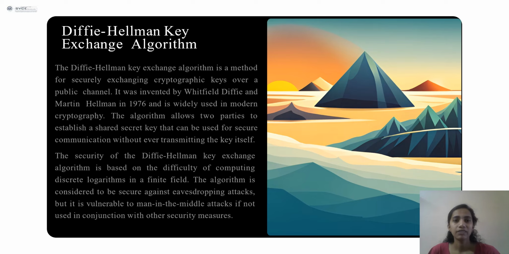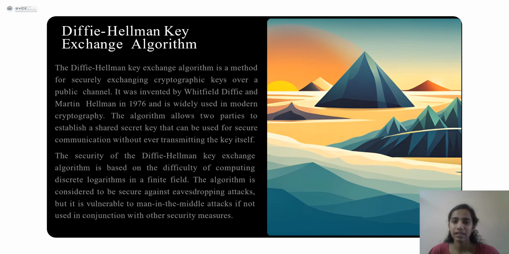Next, coming to the Diffie-Hellman key exchange algorithm. This is a method of securely exchanging cryptographic keys over a public channel. It was invented by Whitfield Diffie and Martin Hellman in 1976 and is widely used in modern cryptography. The algorithm allows two parties to establish a shared secret key that can be used for secure communication without over-transmitting